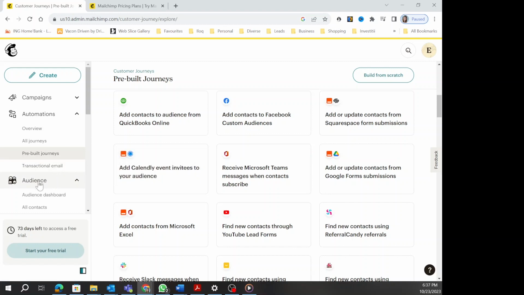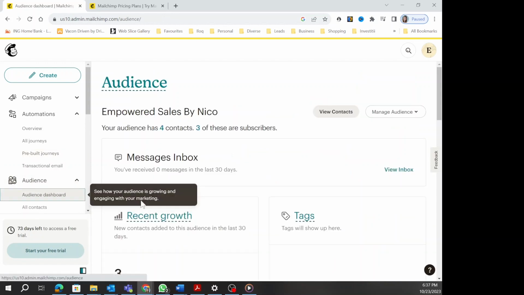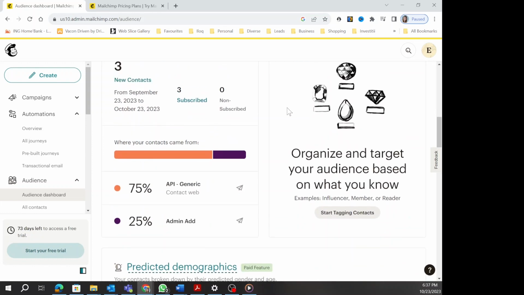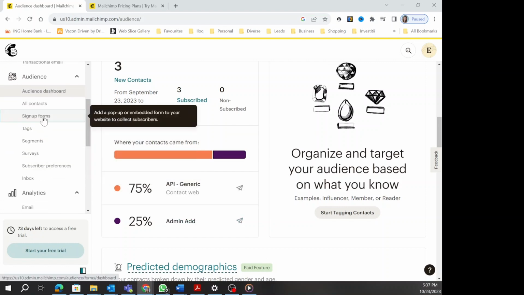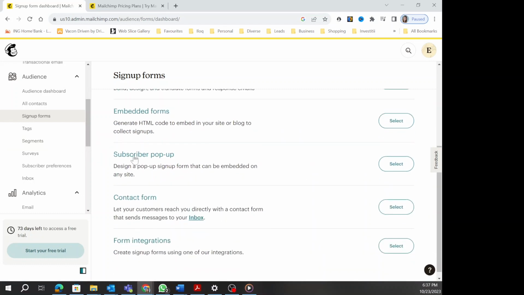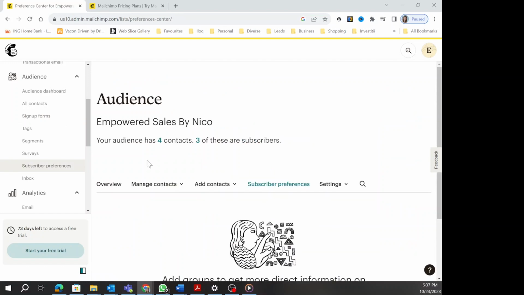Here we have the audience dashboard, which shows us the habits of our audience. Here, what text they used, and then you can organize and target your audience based on the information you gather here. You have sign-up forms, you have different, for example, subscriber pop-up, contact form integrations, subscriber preferences,